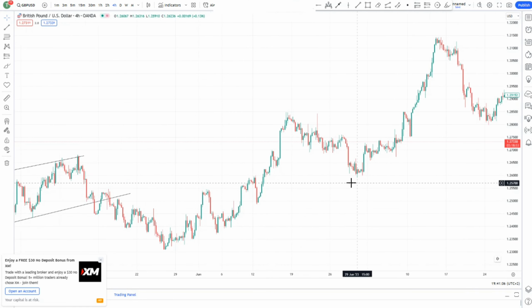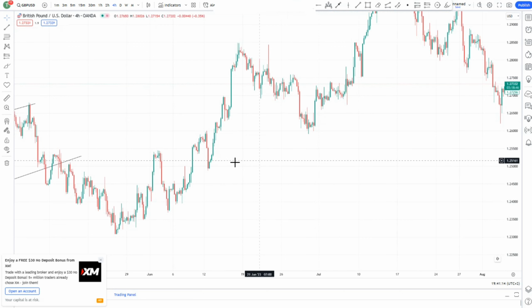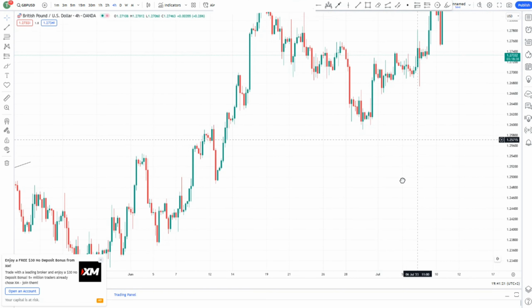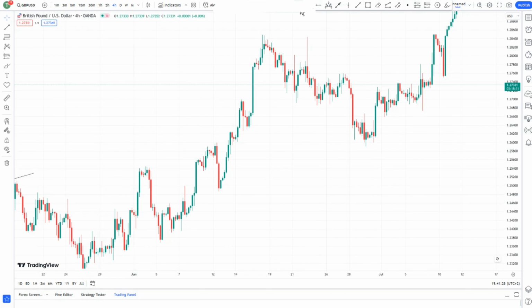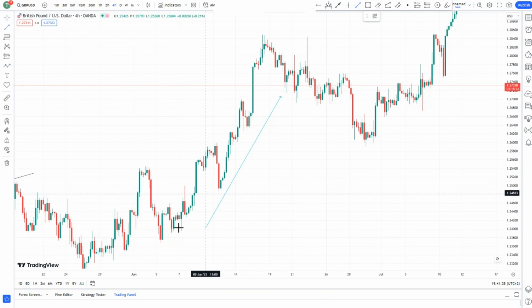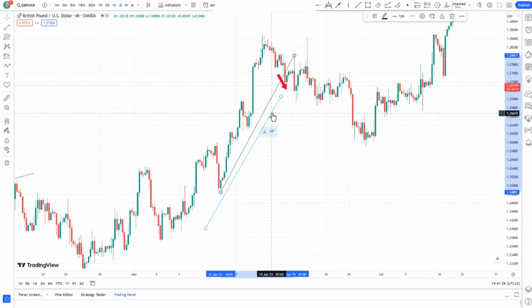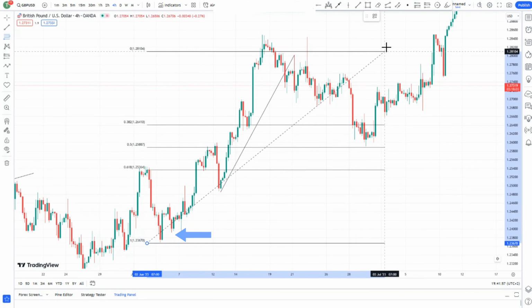So one last example for finding the support and resistance levels, right? So let's look at this right here. You have this upwards movement, and then price decides to break out of this trend line. Price broke that, and then price decided to give you a downwards movement. Now, in order for you to find the support and resistance level, you'd have to draw your Fibonacci level from the low of this upwards movement all the way towards the high,